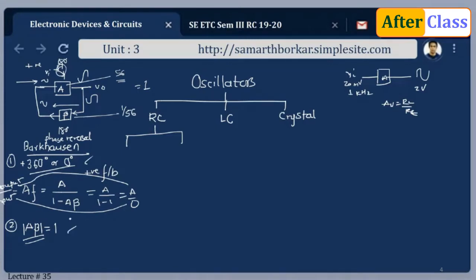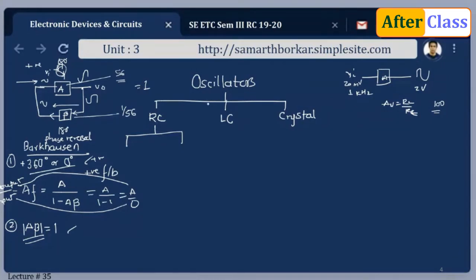The first condition is it has to be a positive feedback. When I say 360 degrees, it has to be a positive feedback. And secondly, this product of A into B equals 1. Now to begin with, you just have an amplifier, check the gain. Say the gain is 100, output upon input will get me the gain. And then once you know the value of A, you can find the value of B as a reciprocal of it, 1 by 100. So the product will be equal to 1.